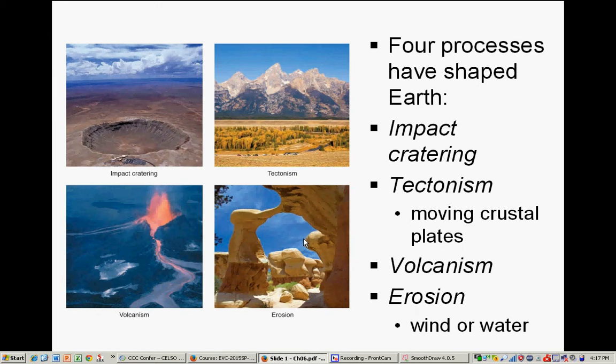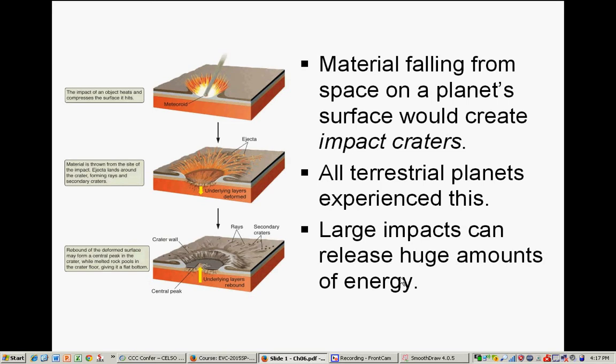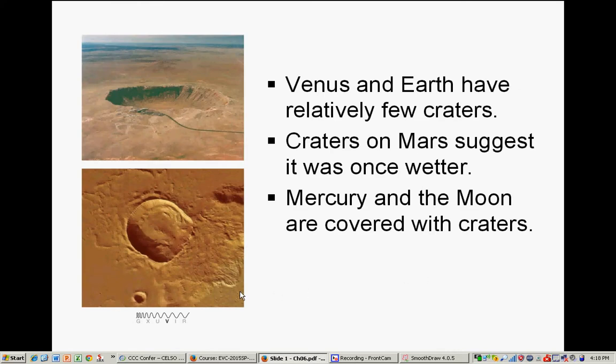So on our planet Earth, the surface is constantly being resurfaced and redesigned by these forces. As opposed to, for instance, the Moon, where most of the landscape on the Moon's surface was formed a long time ago as a result of collisions of not only asteroids but comets and material that fell back on the Moon after the Moon itself was formed.